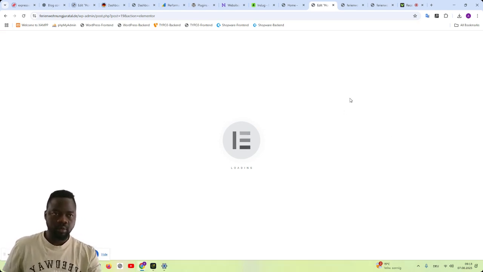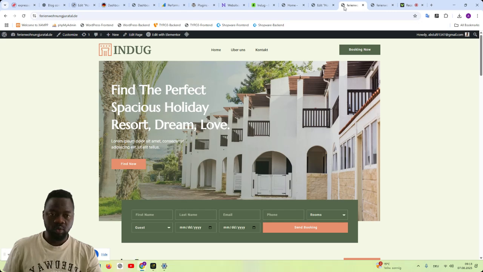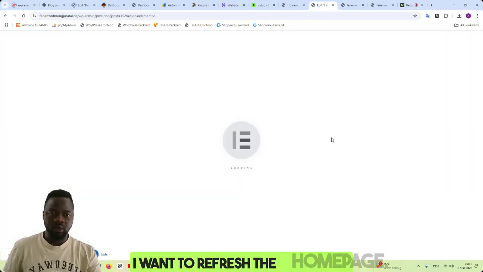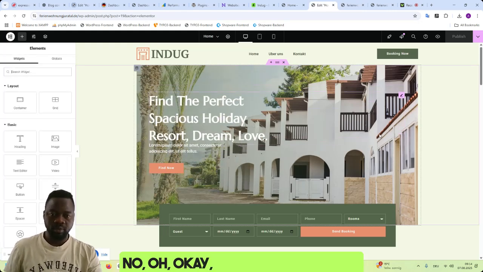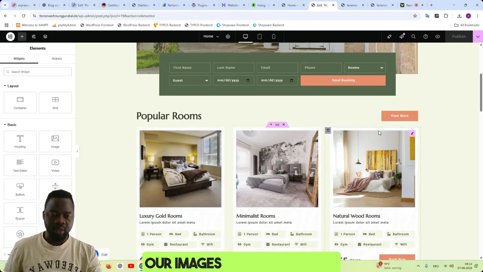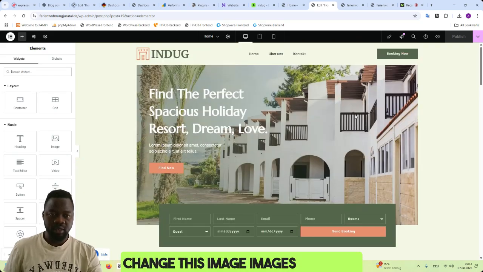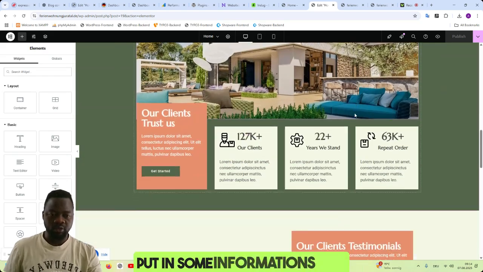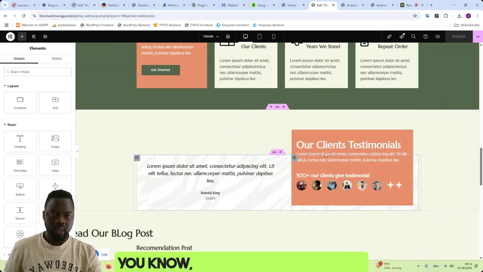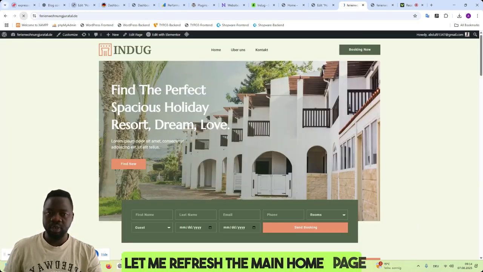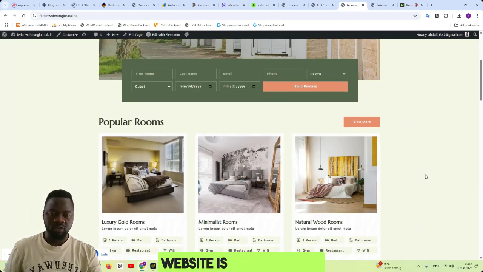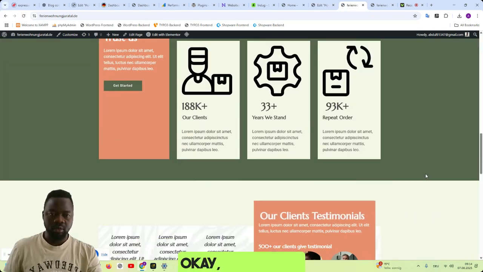We need to set up some images because these are not the images of the website. Now let me see what I can do. I want to refresh the home page. Nope. Oh, okay. We need to locate our images, and then we can change these images and put in some information here. Now we have everything looking nicely. Let me refresh the main home page and see how our website looks. Okay, it's not bad,